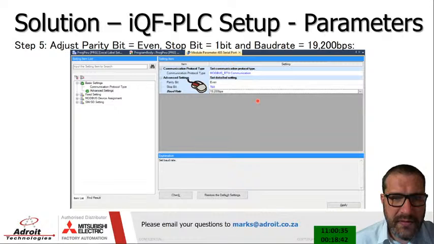Once you've selected Modbus RTU communication, for this example, the parity bit is even, okay, because that's what we set it up as inside of the VSD, and the baud rate is 19200. These need to be exactly the same as you set it up in the VSD, or else your communications just will not work. Okay, this is extremely important when it comes to serial type communications. Okay,